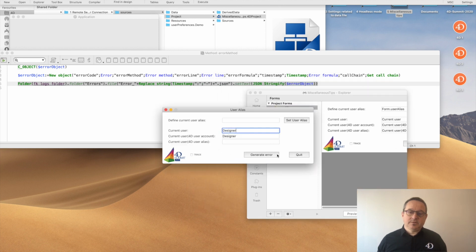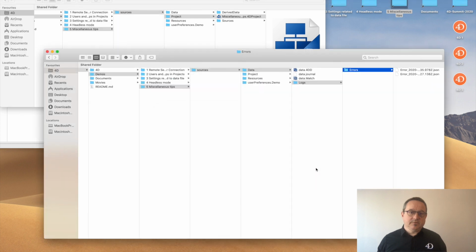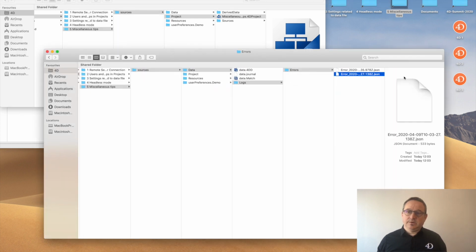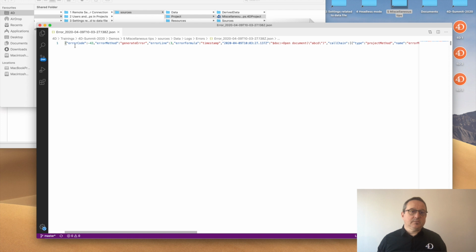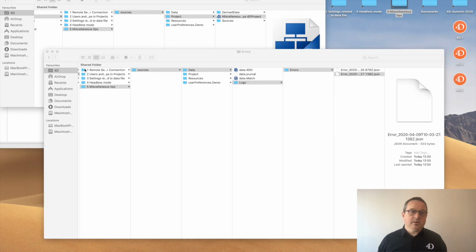And about the get call chain, if I generate an error, I create an error file, and in my error file, I store the error code, the error line, timestamps, and the entire call chain, and the call chain attributes. And I have a collection of each step which generated the error. So it's very useful to know where my error occurred.